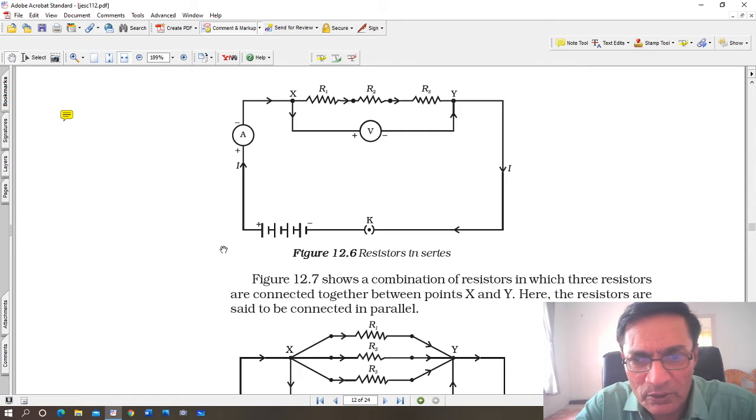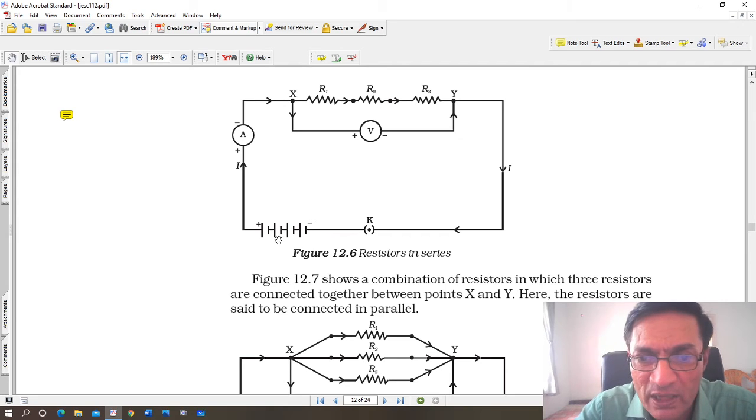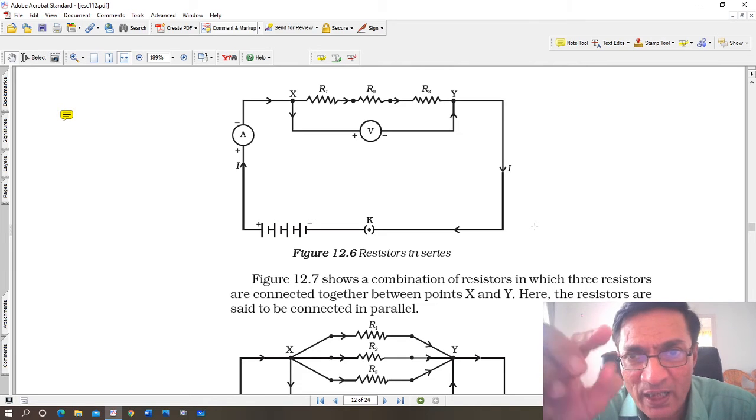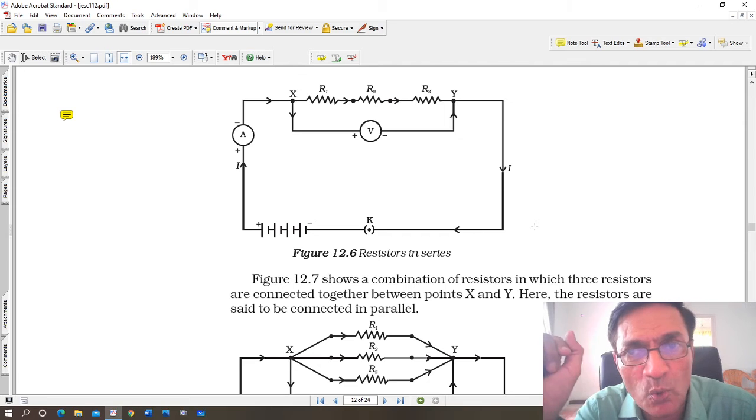Now there is a key here which is shown in the depressed state, meaning it is a closed key. Current is flowing from the positive of the battery to the negative of the battery. In other words, it is going in the clockwise direction. First see how many cells there are in the battery. Count the long lines, the positive lines: 1, 2, 3, 4, so there are 4 cells. If one cell has a potential difference of 1.5 volts, then 4 cells make 6 volts. Suppose this is a 6 volt battery.